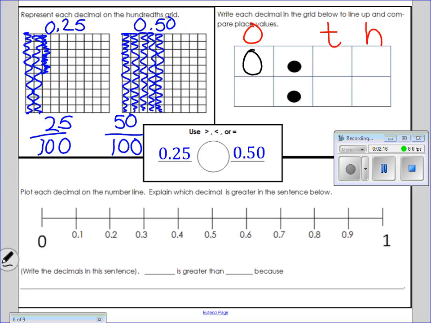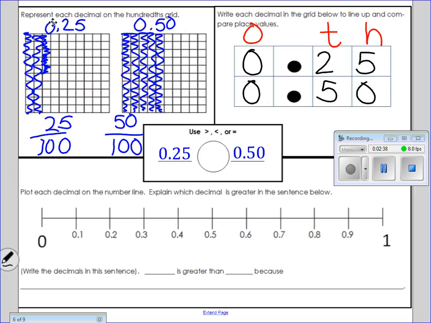For my first one, 25 hundredths, I have a 2 in the tenths place and a 5 in the hundredths place. My second decimal, I have a 0 in the ones place, 5 in the tenths place, and a 0